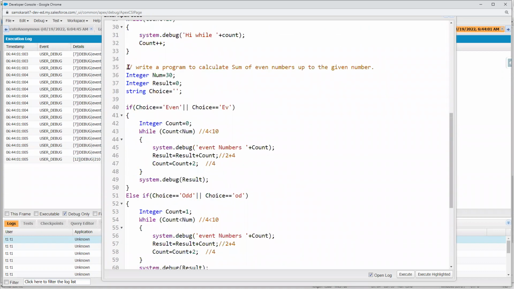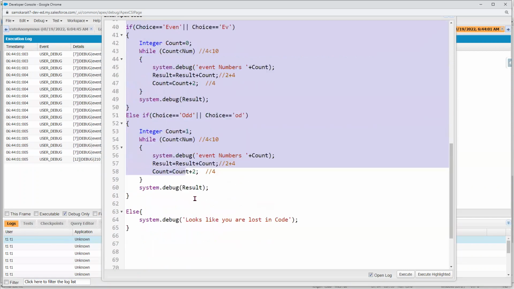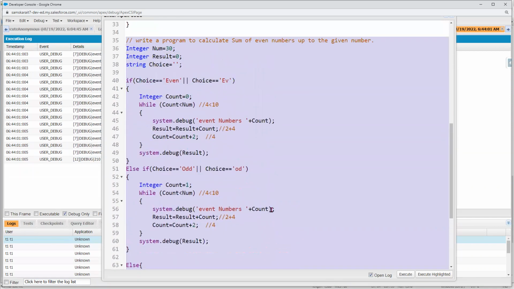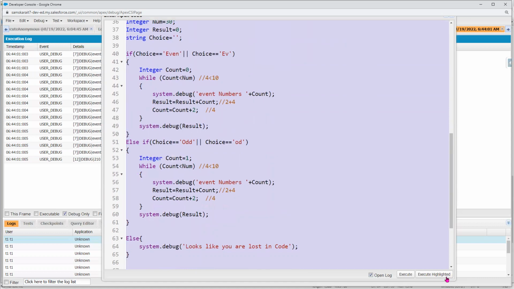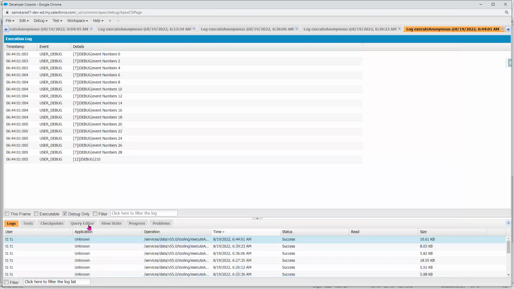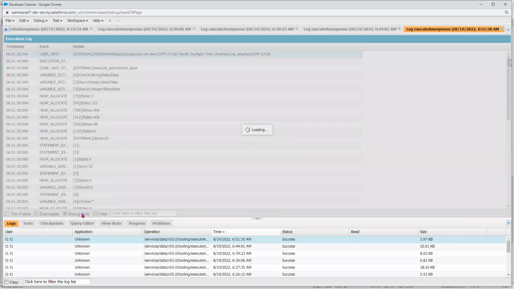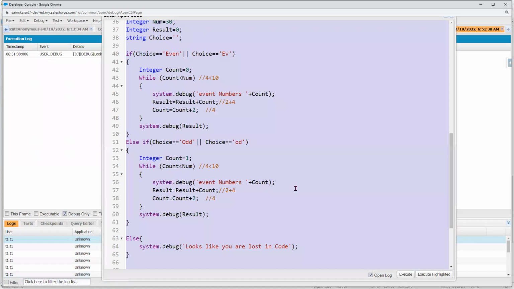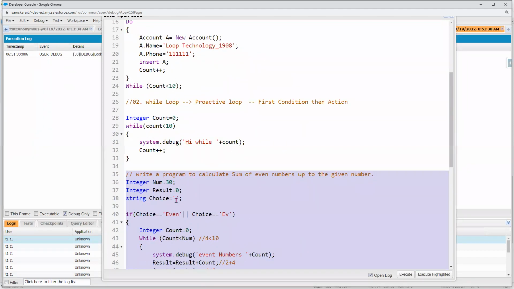Let me go ahead and execute this. What is my choice right now? What is going to print? It will print null, because it's the last else statement. Looks like you are lost in the code, because our choice is null. Now if I say my choice is OD,